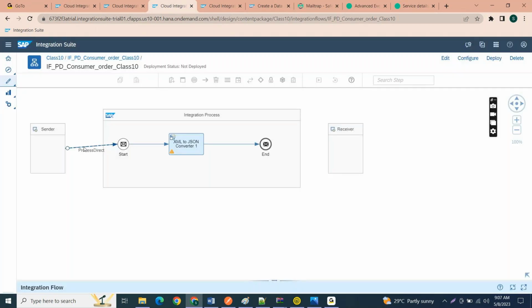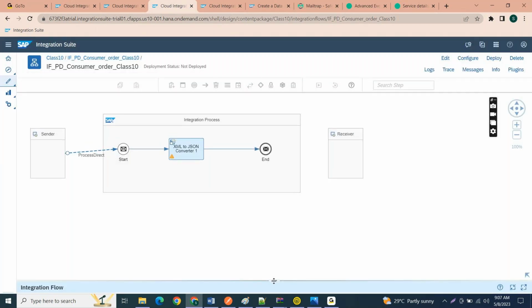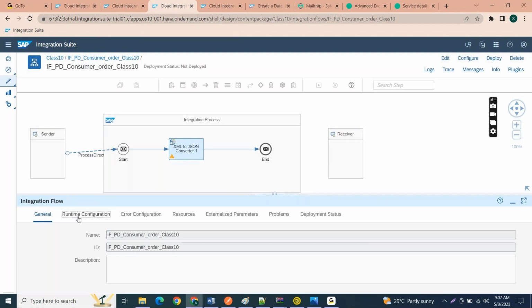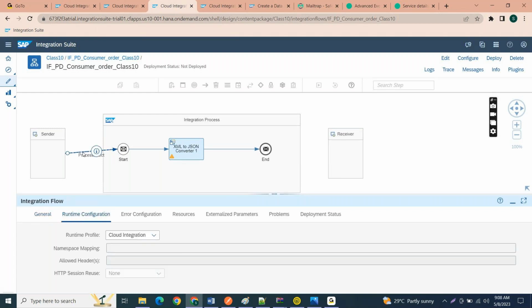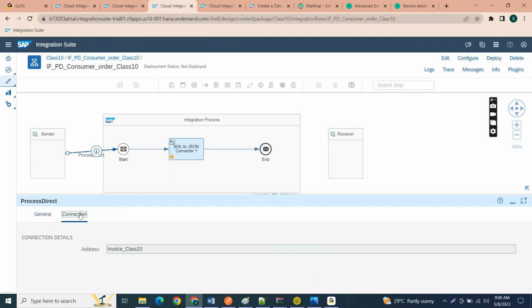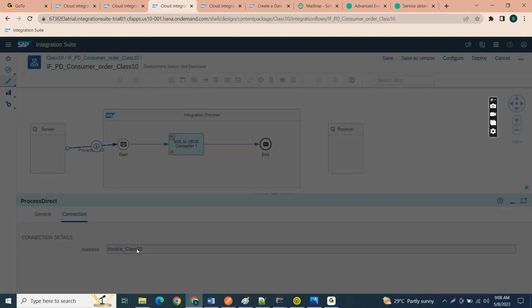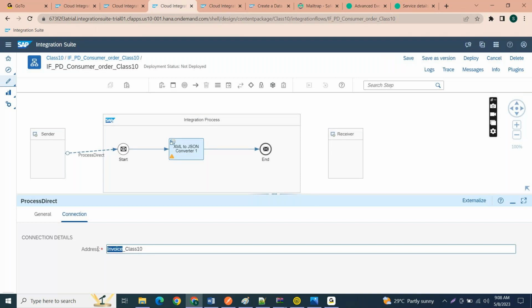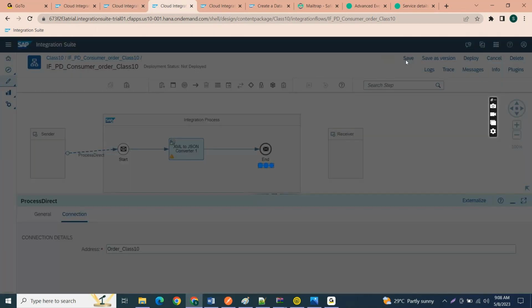So we just have to change this data here. In the process direct sender adapter configuration, instead of invoice I am placing order. So that's all, order. Next what we have to do is create another consumer flow